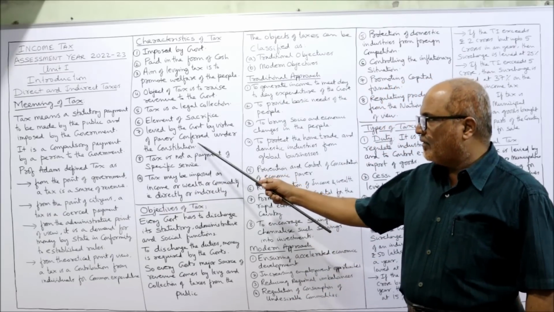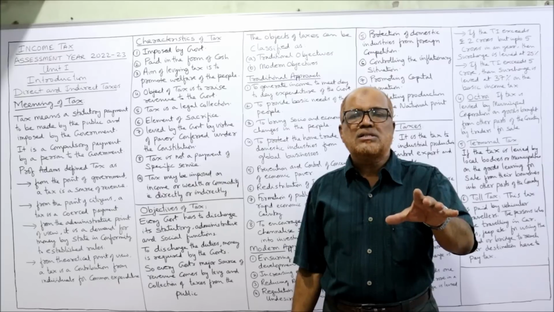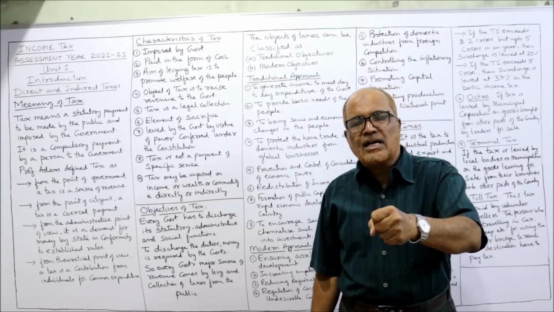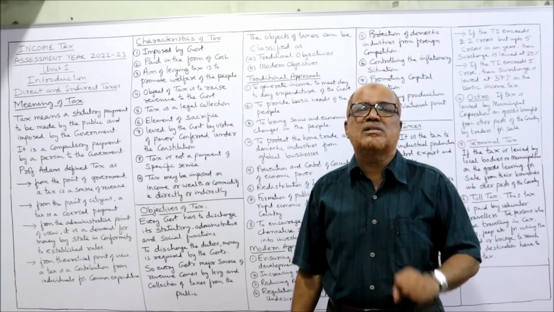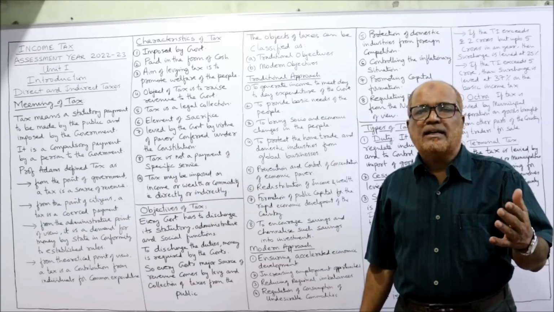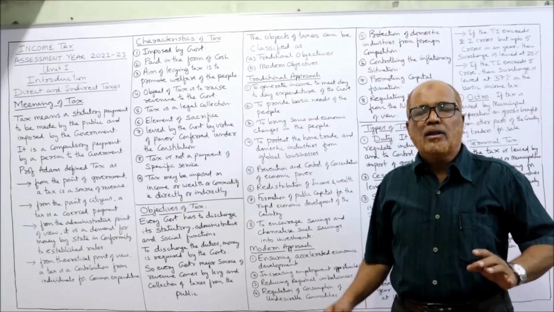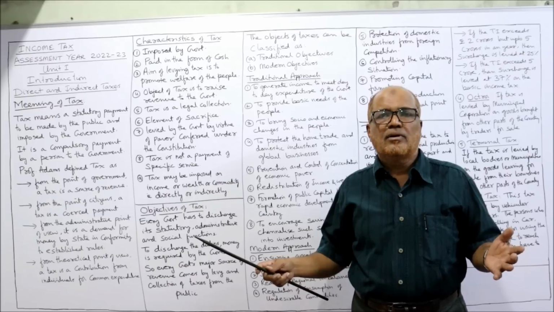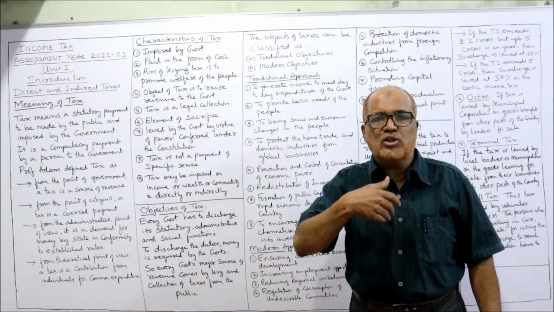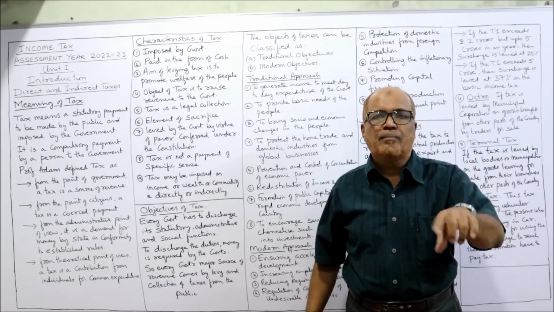Next is that it is levied by the government by virtue of power conferred by the constitution. In every country, the law, the constitution has given the power to the government to collect the tax. The government is collecting the tax by using the power which is given by the constitution. Tax is not a payment for a specific service. When we pay the tax, we are not paying for a particular specific service. The government can spend on any common purpose. The taxpayer cannot demand from the government, "I am the taxpayer, give me some specific privilege." No taxpayer can demand from the government a specific benefit.